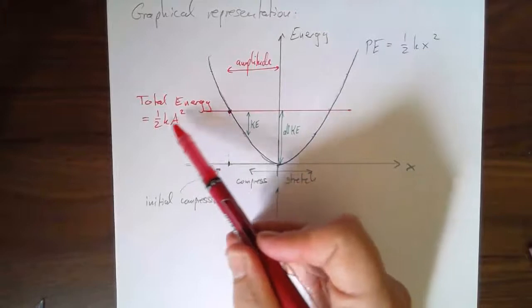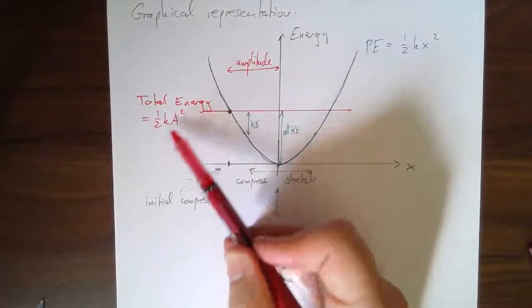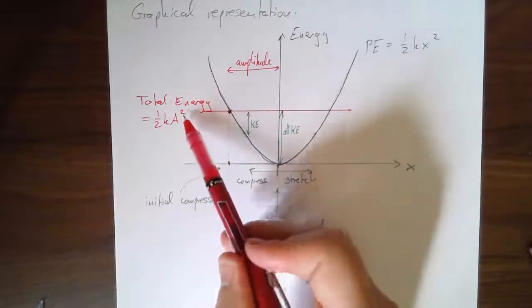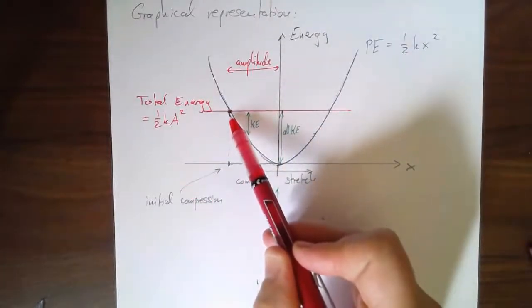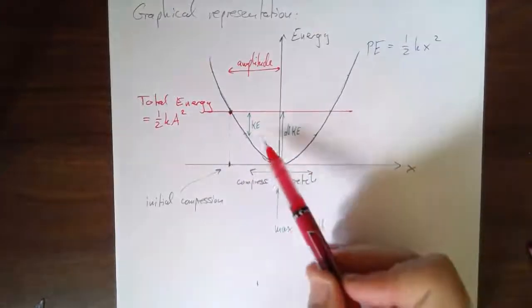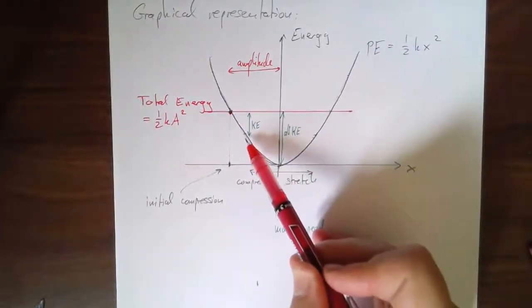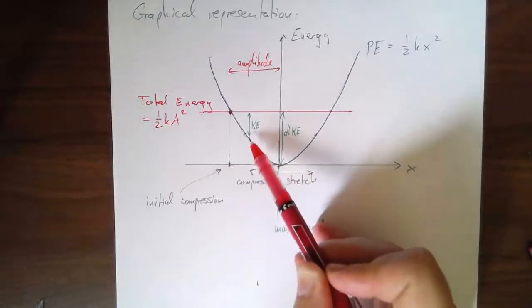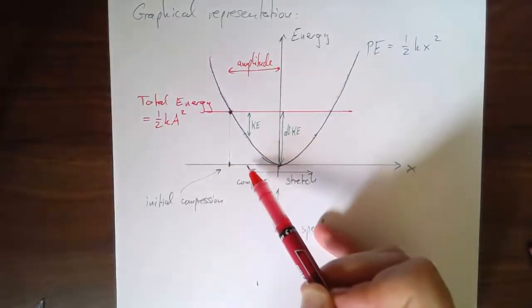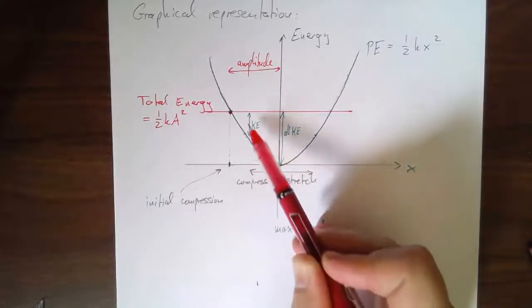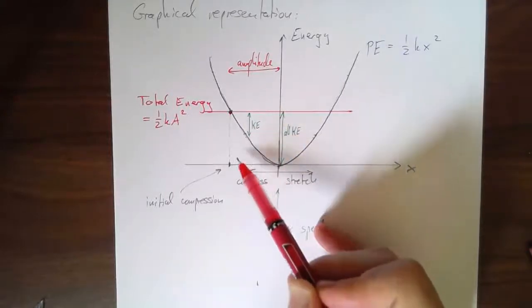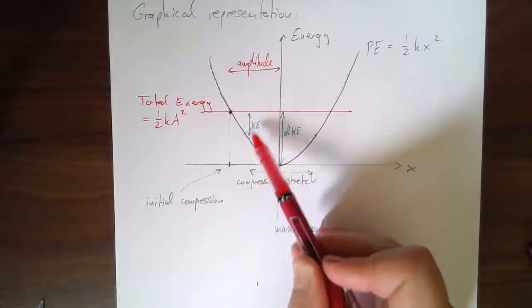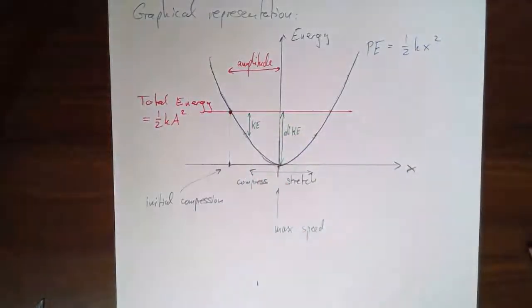Right, so the total energy is the potential energy at the maximum extension, because there's no kinetic. Therefore, total energy is given by 1/2 k a squared. So if I know the amplitude and I know k, I can find the total energy of the spring. It doesn't mean that it's all potential all the time, right? When I'm here, the potential energy is 1/2 k x squared, and that value of x, in the line where I've drawn the green arrow, it's not the amplitude, it's some smaller value. But then I have some missing energy, and that's the kinetic energy.